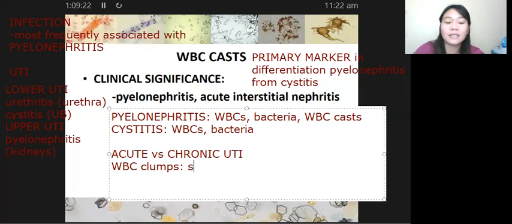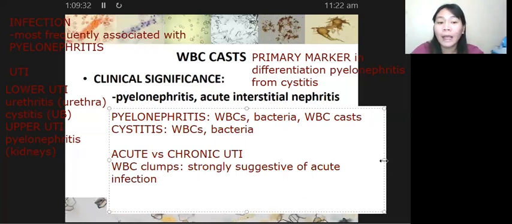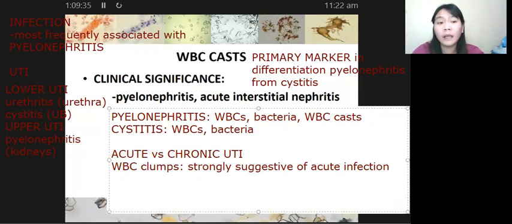And ang sabi nga sa ating mga libro, it is strongly suggestive of acute infection. Alright? And take note na yung WBC clumps natin at saka WBC casts, pwedeng medyo magkamukha sila. Kaya nga, dapat ma-distinguish mo ang WBC casts from your WBC clumps. Why? Again, ang WBC clumps natin, although it is strongly suggestive of acute infection, it is not